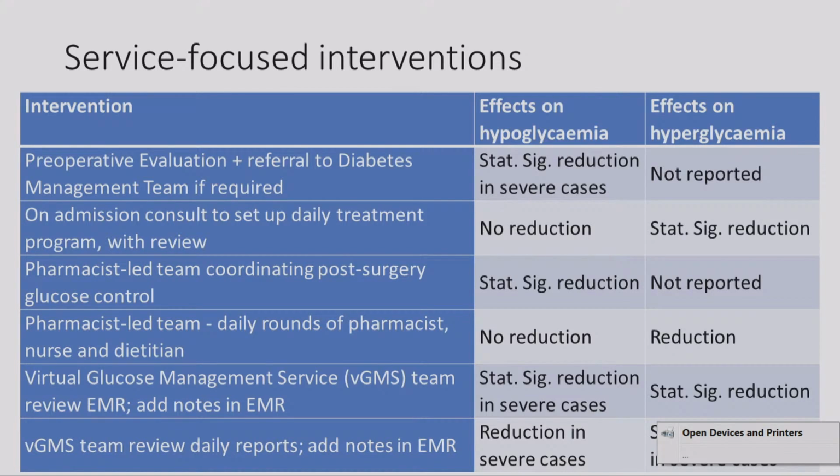But you also notice that these studies are not just reporting on hyperglycemia, they're reporting on hypoglycemia, or most of them are. So two of them are not reporting, but the others are reporting, and the one that's hidden is probably the best one. So I should, there we go. So you see, yeah, the two at the bottom would really seem to have the strongest evidence when you take both outcomes into account. So that's just a summary of the evidence, but